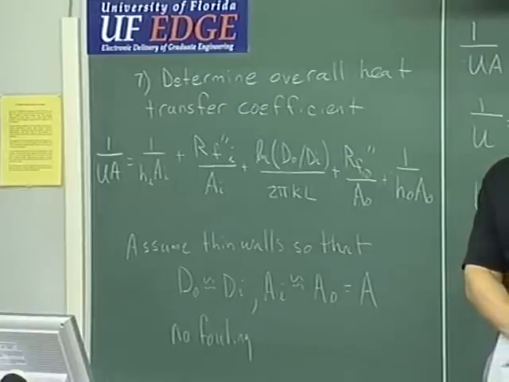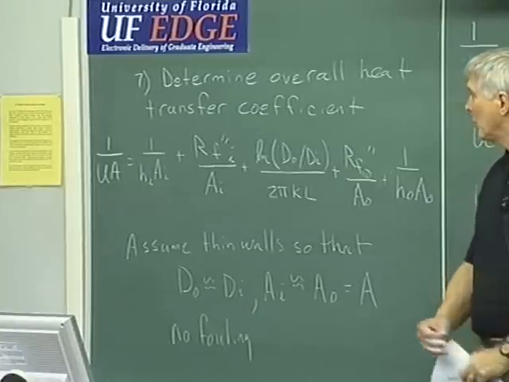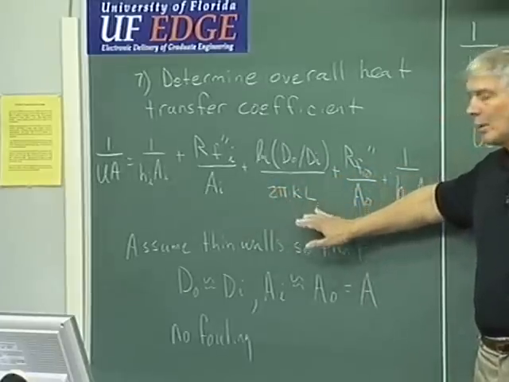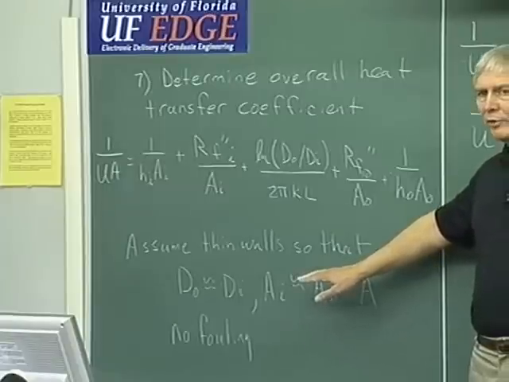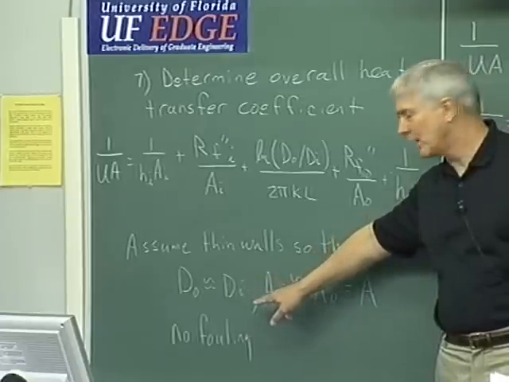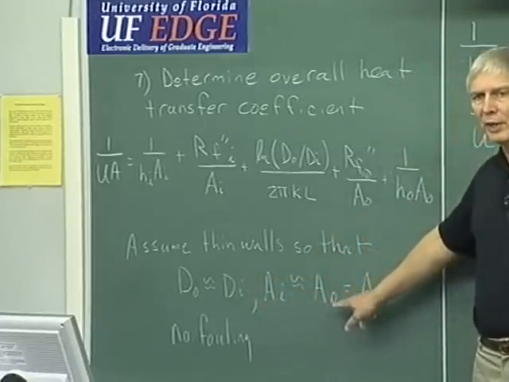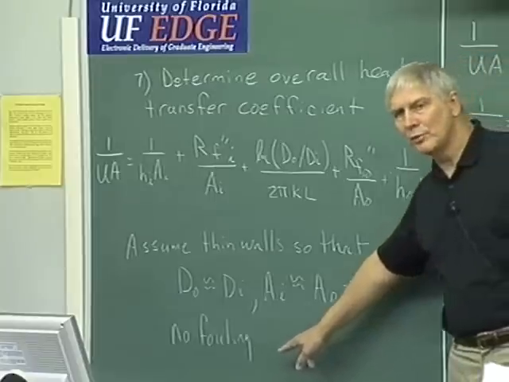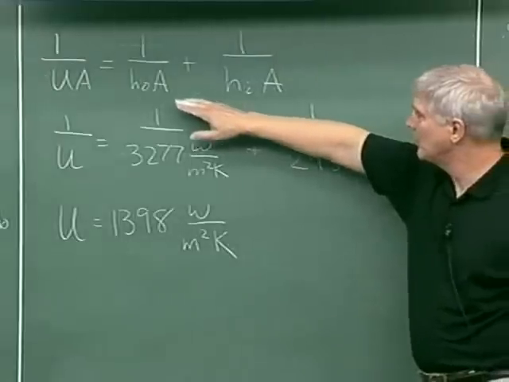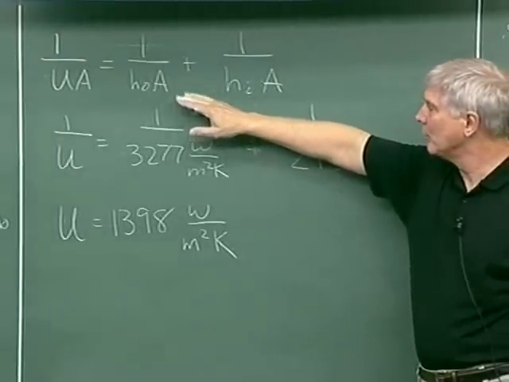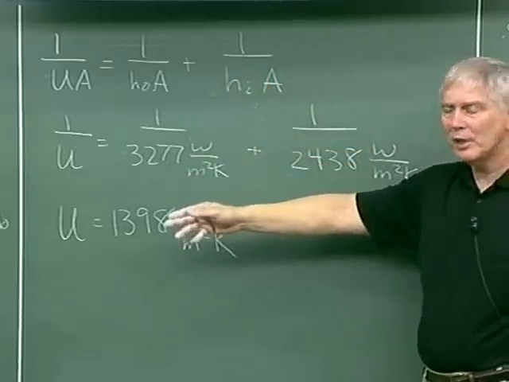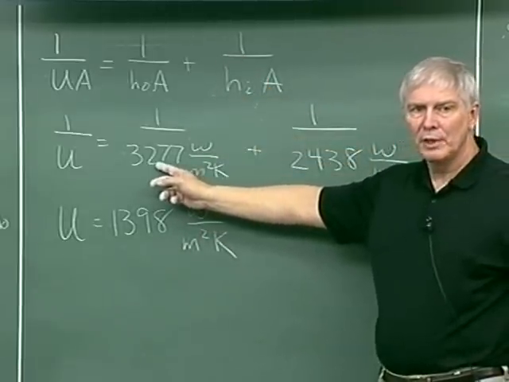Our next step is to determine the overall heat transfer coefficient. So we'll use the equation that we've learned in class, 1 over UA equals the sum of the resistances. But before I do that, I'm going to make a few assumptions. First of all, I'm going to assume that they're thin walls so that the inner diameter of the tube equals the outer diameter, and therefore the inner area equals the outer area of the tubes. And second, we're going to assume that there's no fouling. So that allows us to reduce the equation to 1 over UA equals 1 over h outer A plus 1 over h inner A. The A's cancel out,